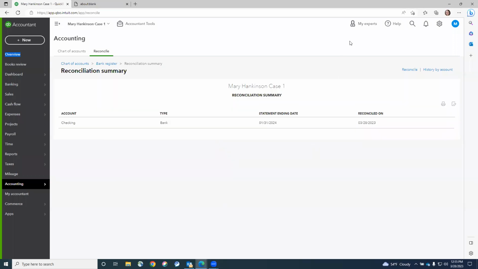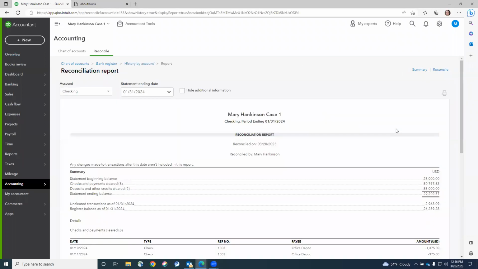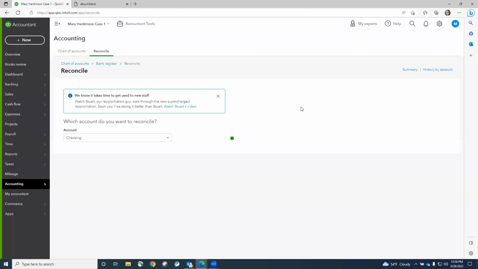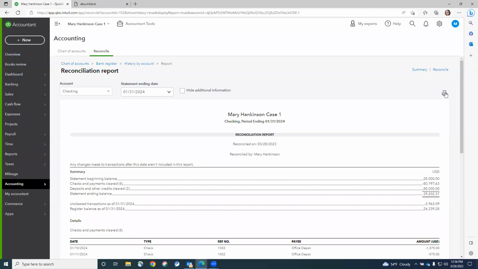Another way you can do it is you can click on history by account, and then come over here and click view report. And then of course you have the option to print or undo. When you click on view report, you have the little printer icon. And again, if you can print to PDF, please do, and upload it as an attachment for your homework. Okay, so once all this is done,